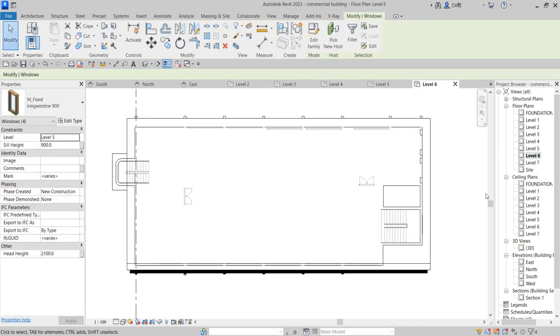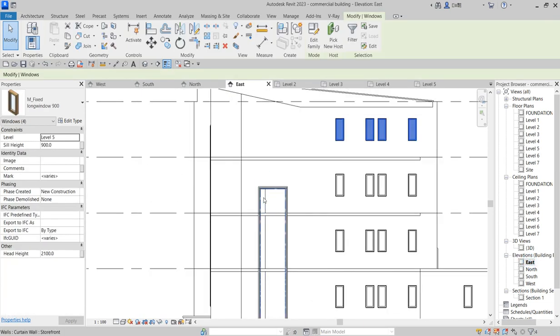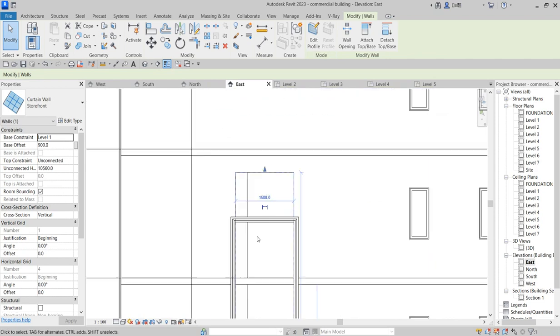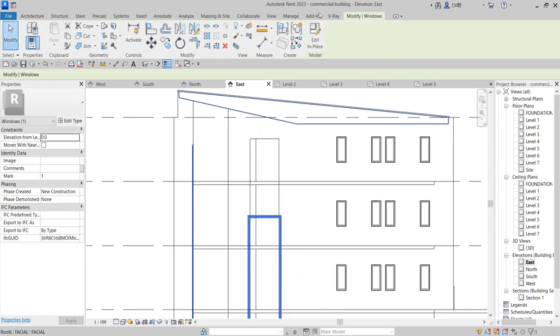Level 6. Since the window there didn't get to the last point, what you need to do is go back there at the east, then select this particular one, then stretch it to the top, stretch it more to another level where it's supposed to be. So you edit this particular one, say edit in place,